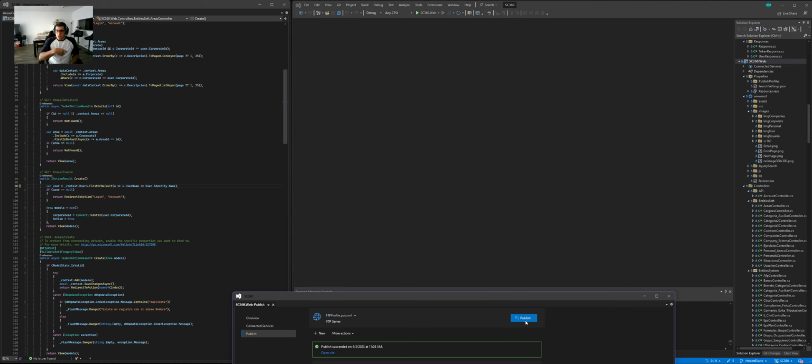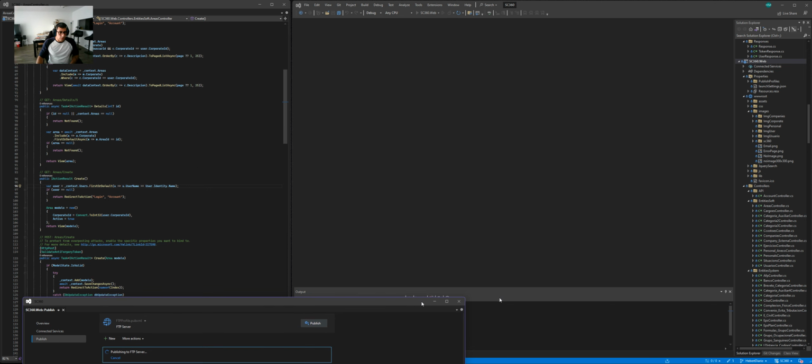And if you create a new window or new view, and you want to deploy that view, just say publish, and that's it. Okay, let's say publish, and it's publishing to the FTP server, and in the output window,